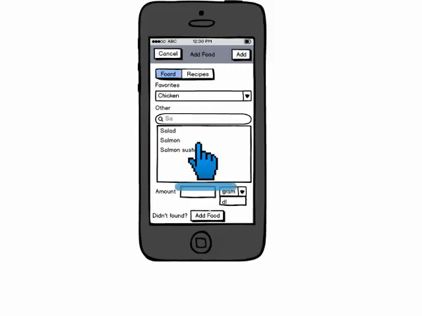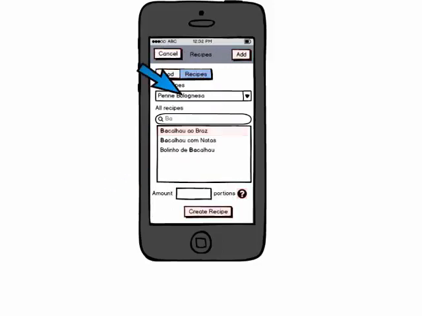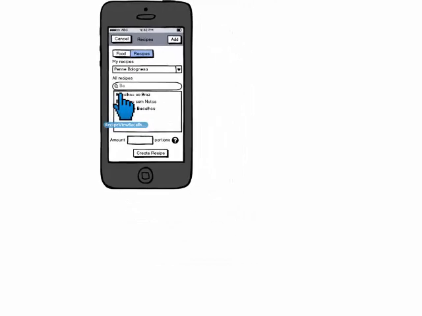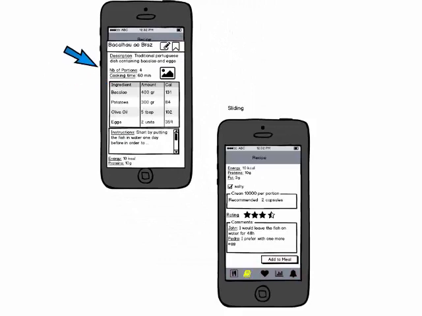Another way to add food is to go through recipes. Recipes correspond to basically dishes, but in addition to the dish in terms of the ingredients and nutritional facts, it also has the information on how to cook this dish. You have here in recipes the option to select a recipe from your favorite recipes or again from the whole database. If we click at one of the recipes from the database, you'll be able to see the recipe where we have the description of the recipe, the number of portions, the cooking time, ingredients with nutritional facts, the instructions,